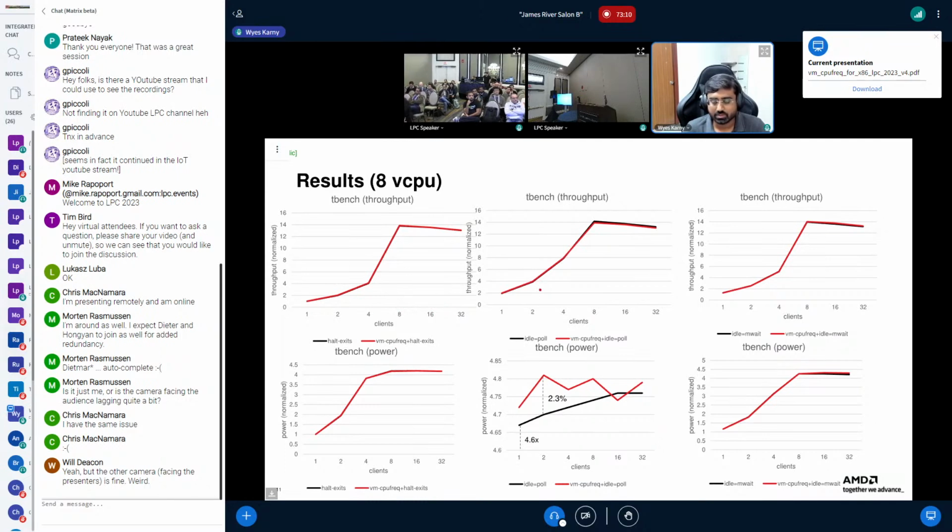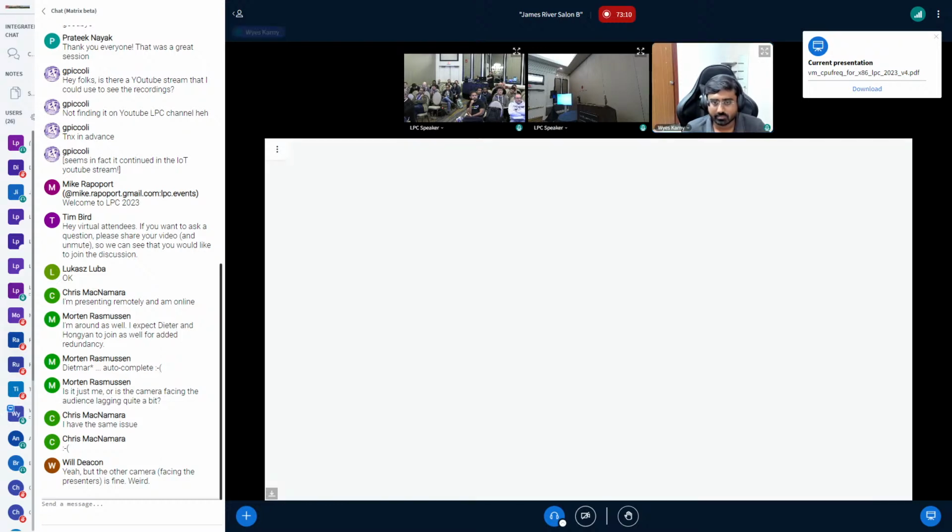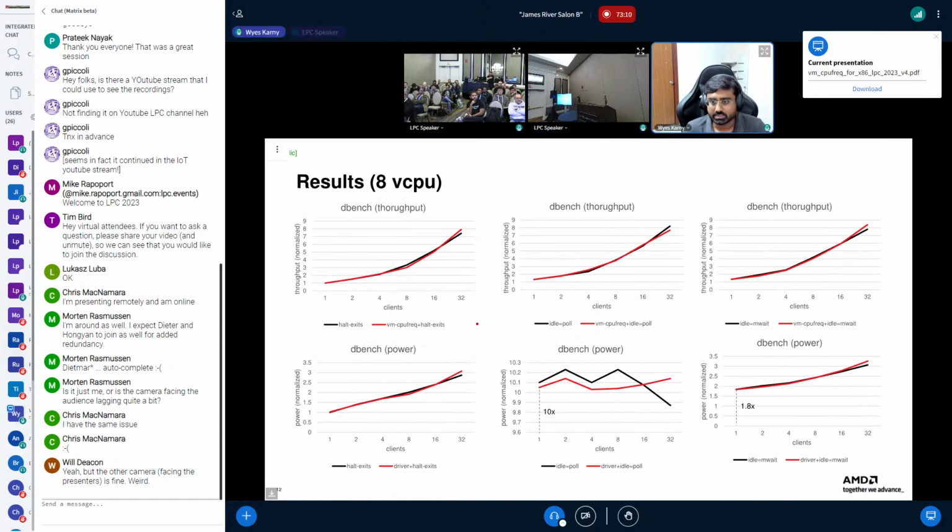You see only red lines because they overlap, and we don't see any changes in performance. There is a little bit of variation in power, but it's very minimal. Same for DBench, there's very minimal improvement. And you can see that if I use idle poll inside the guest, the power consumption becomes 10x.